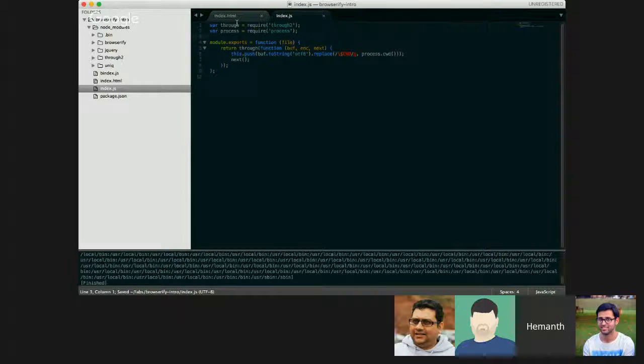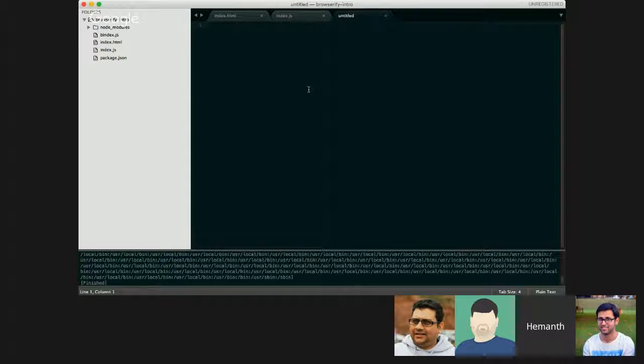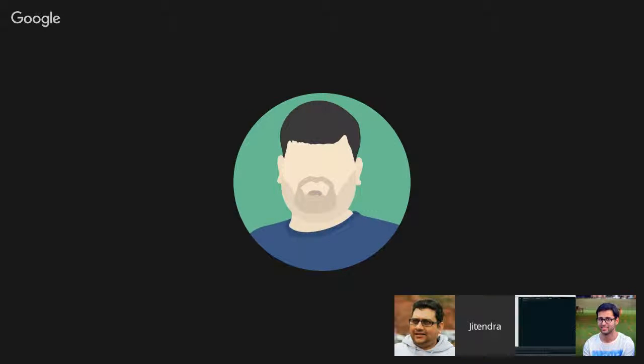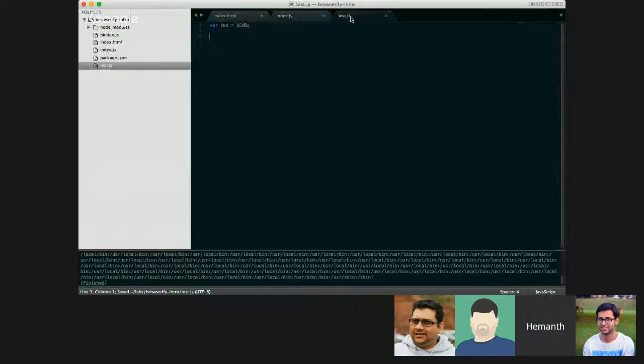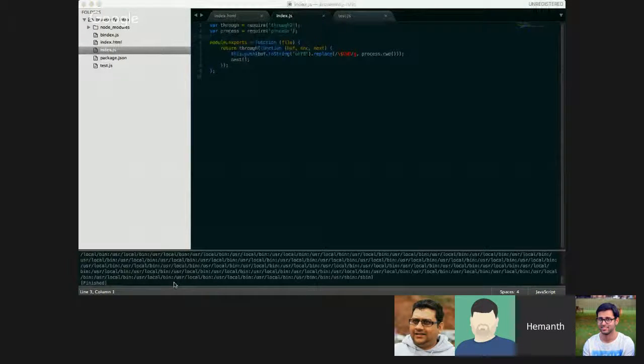Now, how transform basically works: say in this folder, let's go ahead and create one more JS file. Let's call it, say, test.js, and I would just be setting a variable which says present working directory is current working directory. All right, so if I switch back to my console,